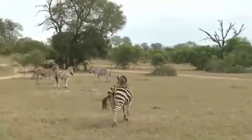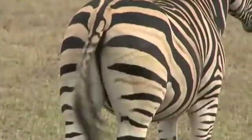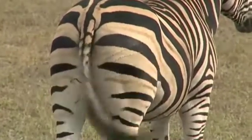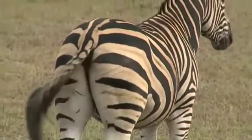Oh, have a look on his rump as well. Not quite nearly as bad, where we can see another escapee from lions. But that looks like the lion didn't really ever get hold properly. Just a little scratch. Could be from something else, but